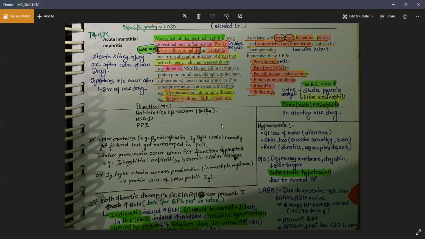Yes. And because you're losing your fluid, you can have a pre-renal azotemia state. Is that okay? Yes. So in that case, the sodium loss will be decreased. You'll be having a urine sodium of less than 20.